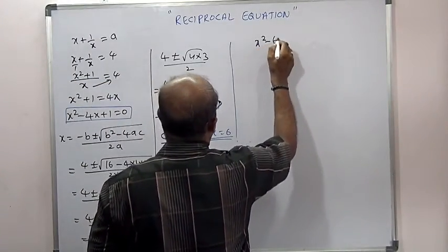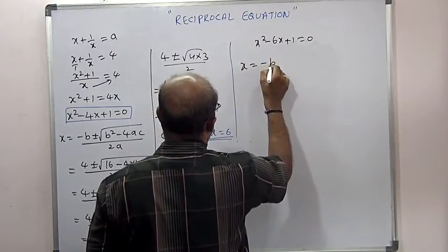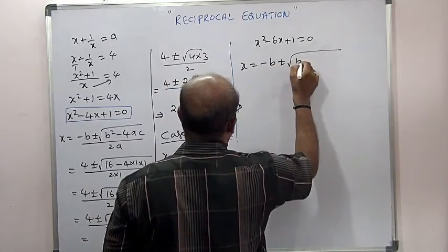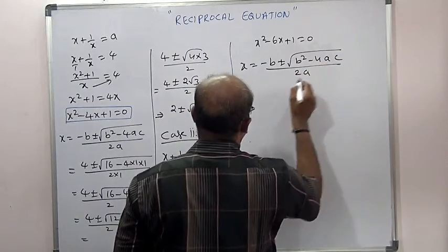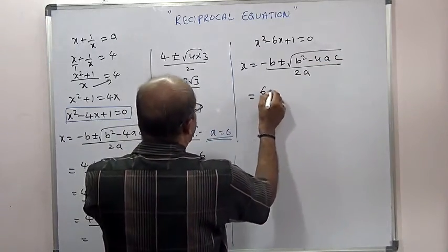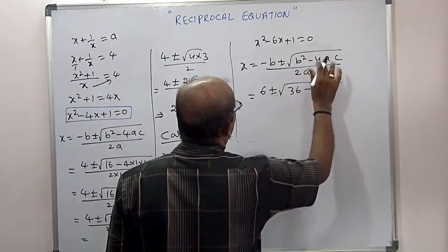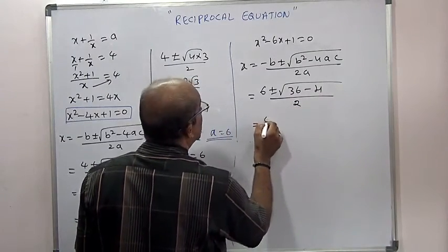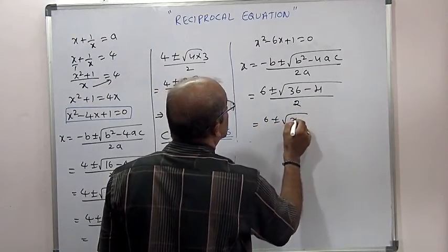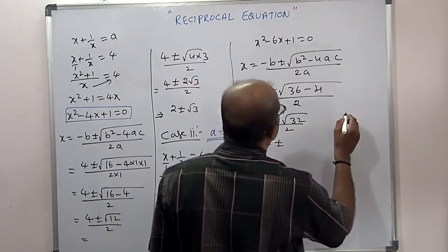So x square minus 6x plus 1 equal to 0. So x is equal to minus b plus or minus square root of b square minus 4ac by 2a, that equals 6 plus or minus square root of 36 minus 4 into 1 into 1, that is 4, by 2 into 1, 2. 6 plus or minus root 32 by 2, that equals 6 plus or minus 32 can be written as